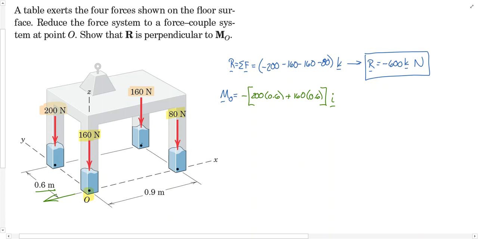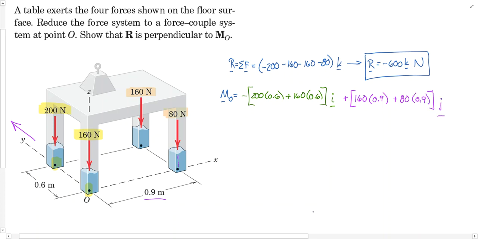And then for the y-axis moments, we will have no contribution from the 200 Newton and 160 Newton forces. They're both applied on the axis. They'll have an intersection here and here. However, the 160 Newton and 80 Newton that are applied at this far edge of the table will produce a moment around the y-axis. And it should be fairly easy to see that they will produce a moment by the right-hand rule that is in the positive y direction. And so this will be a plus. We have 160 times the distance of 0.9, and then the 80 also times the distance of 0.9,